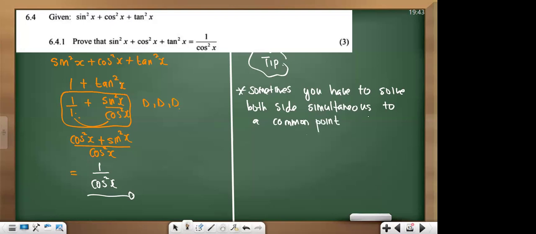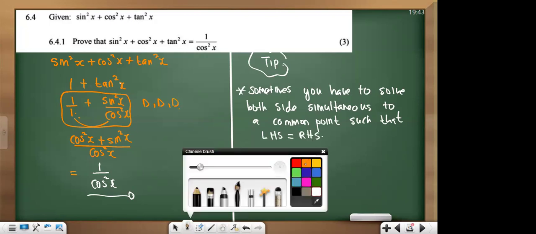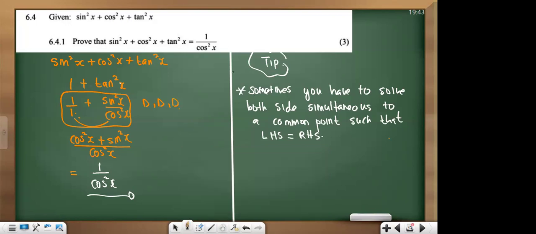Such that the left hand side is equal to the right hand side. In some cases, this is a special occasion. You have to solve both sides to a common point. For example, this one doesn't need us to solve both sides, but if I want to bring it here, are